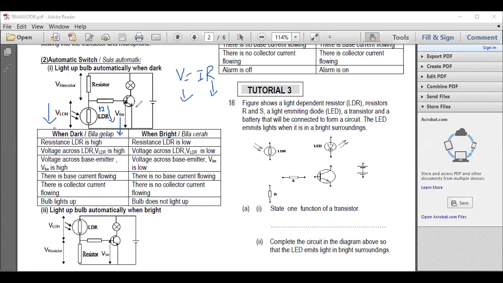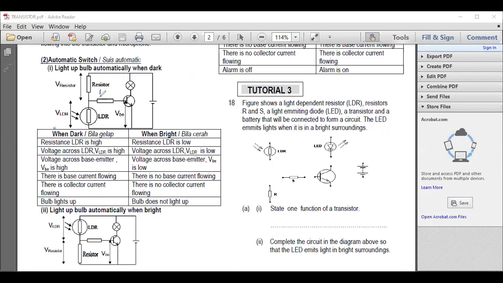When your base voltage drops, your base cannot pull the charges from the emitter to the base. That means there's no base current, sorry. So there's no IB, there won't be any collector current. So there's no IC. No base current, no collector current, so the bulb doesn't light up. Same thing: if they give you 2 marks for why it doesn't light up, you say no base current, no collector current. If they give you 3 marks, you say the resistance of the LDR is low, so no base current, no collector current. Now, if you want to explain in terms of current,